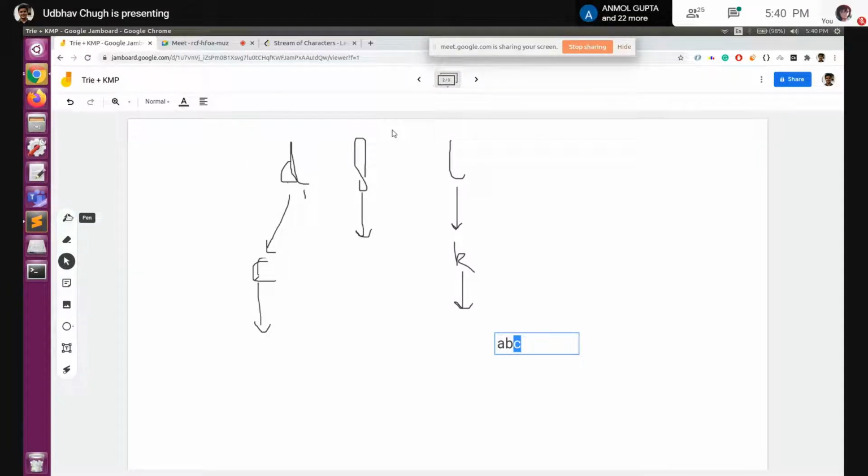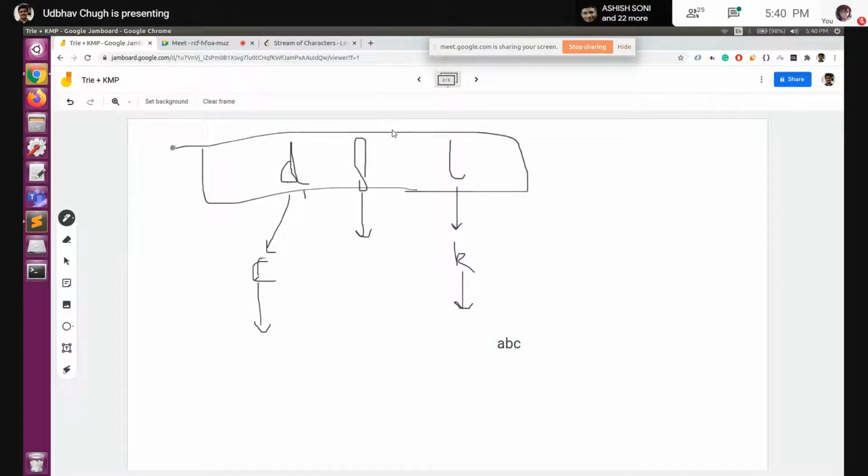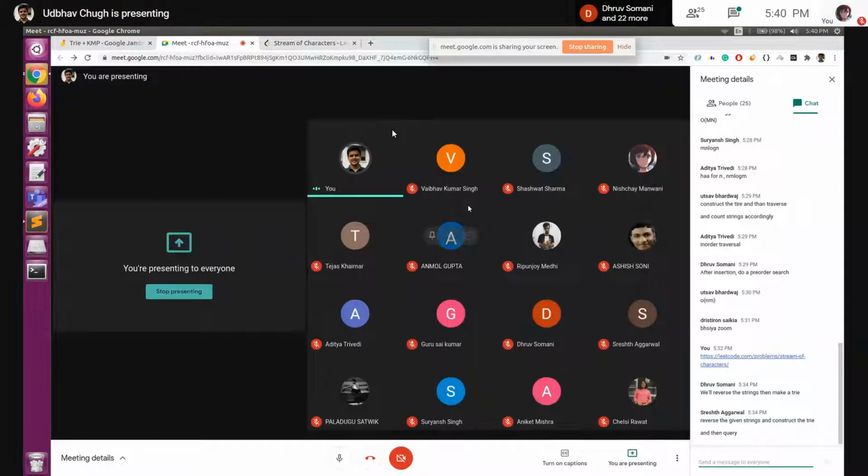This is the array of basically size 26. This is your 26 sized array, and D, F, and L are not null, rest are null. So if you look at ABC, we just now got C, right? So we look at C, it is null. So we can simply say that ABC does not have any such suffix. Then we get D. So we look at D and then C. After that, we find an empty array. So we can simply return true. This way the complexity is reduced and we can do it in the given complexity.